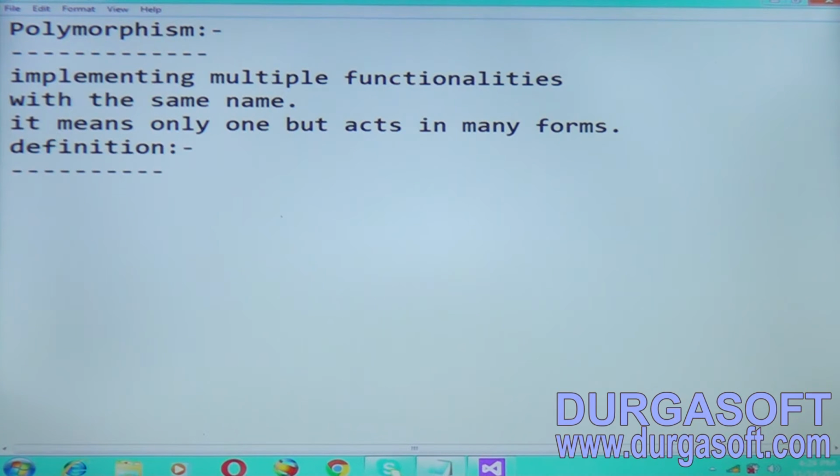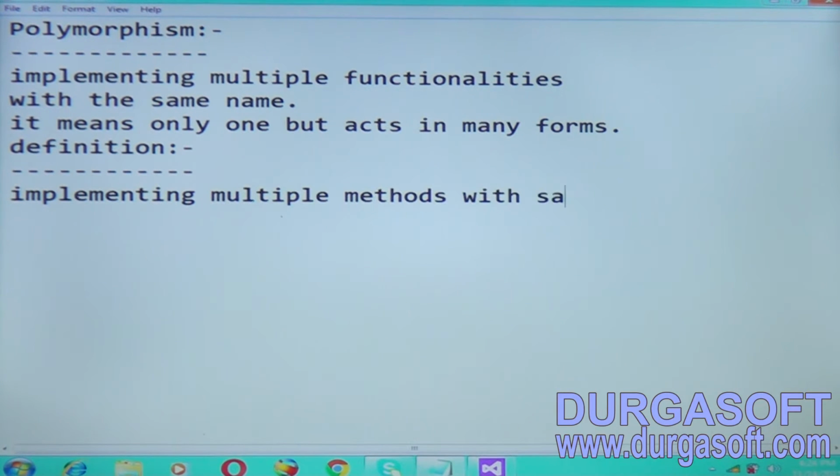For polymorphism, I am telling, implementing multiple methods with the same name. That is, the method names are the same, but the behavior of those methods is different. The name of the methods is the same in different classes, but the behavior is different.